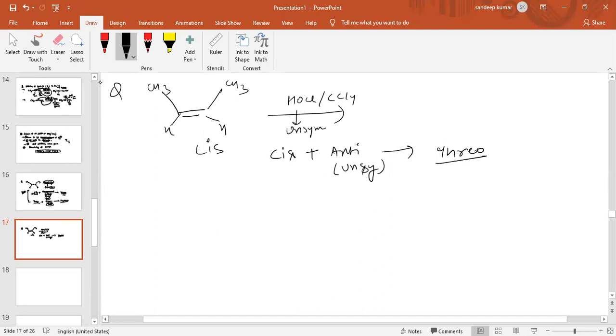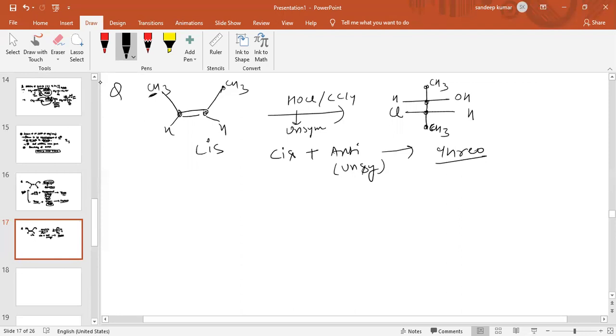Now see, these four carbon atoms will form a vertical chain: 1, 2, 3, 4. So arrange them in the Fischer projection, four carbon atoms. This is the first carbon atom, this is second, this is third, and this is fourth. So this is CH3, and also this is CH3. Now see what happens when there is addition of OH and Cl. OH and Cl will come from opposite sides of the plane, and this is H and this is H.